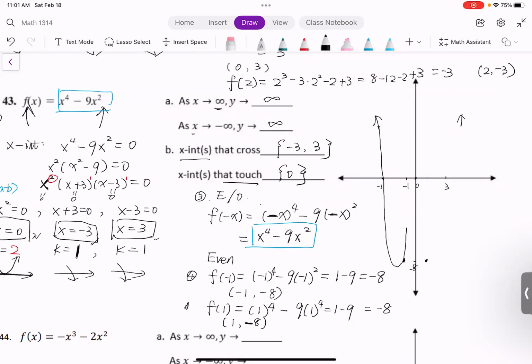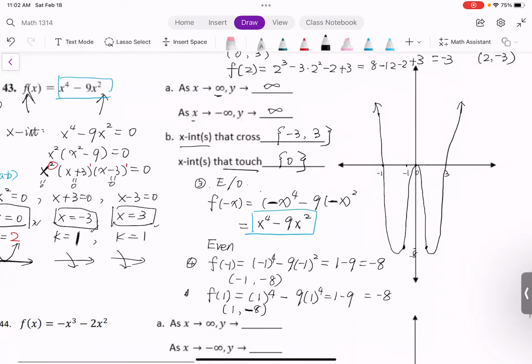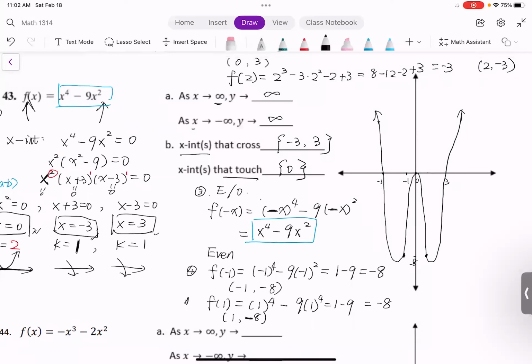At 0, we need to touch and bounce off because the multiplicity is 2. Touch and bounce off, make sure it's symmetric along the y-axis. And then at 3, we go cross. Both sides, the two ends, are all going up. Okay, this is the graph. If you have the